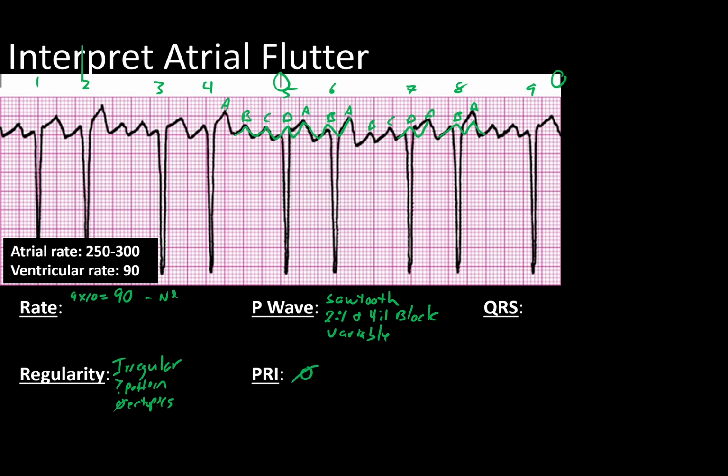Again, no PRIs. Now that we've discovered that these are indeed P waves, let's go ahead and get a P to P, or an atrial rate, and that's again at about 5 boxes. So